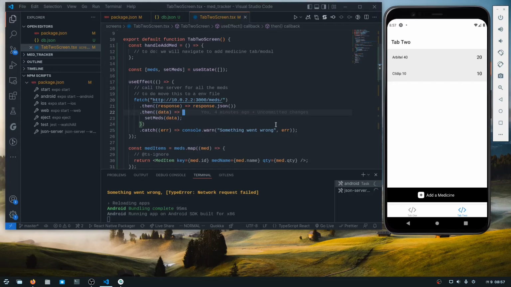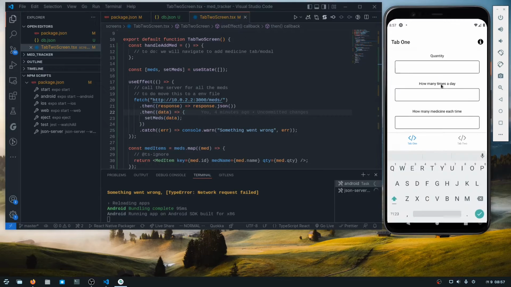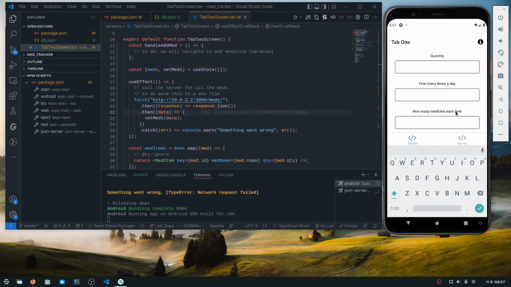So that's great. So the next thing that we can do is add the medicine to the